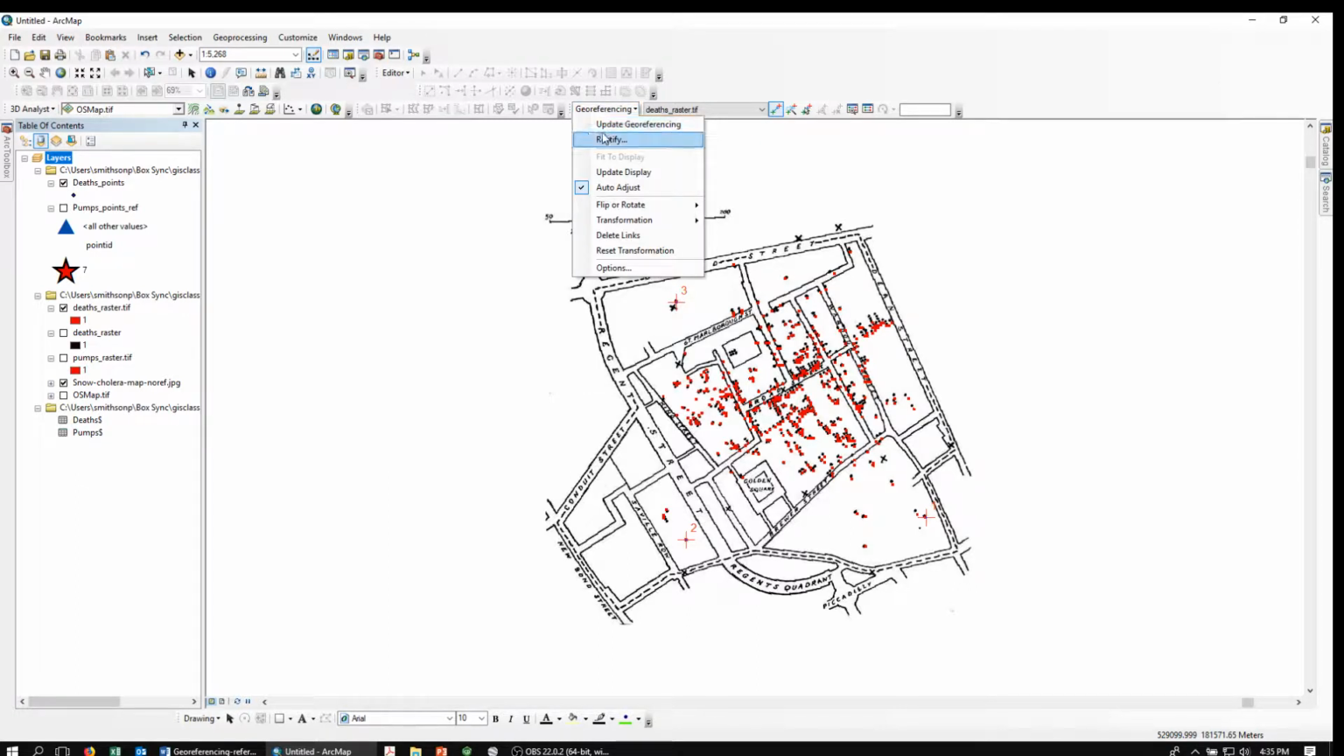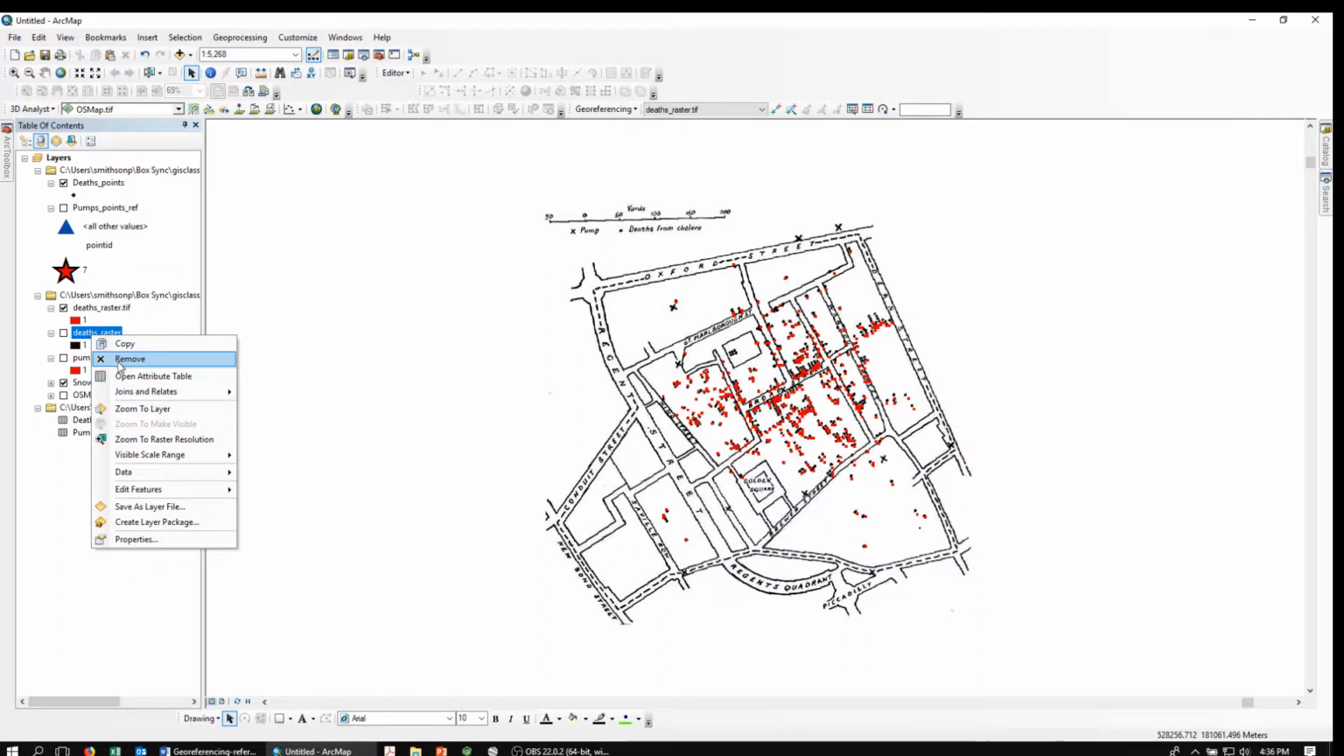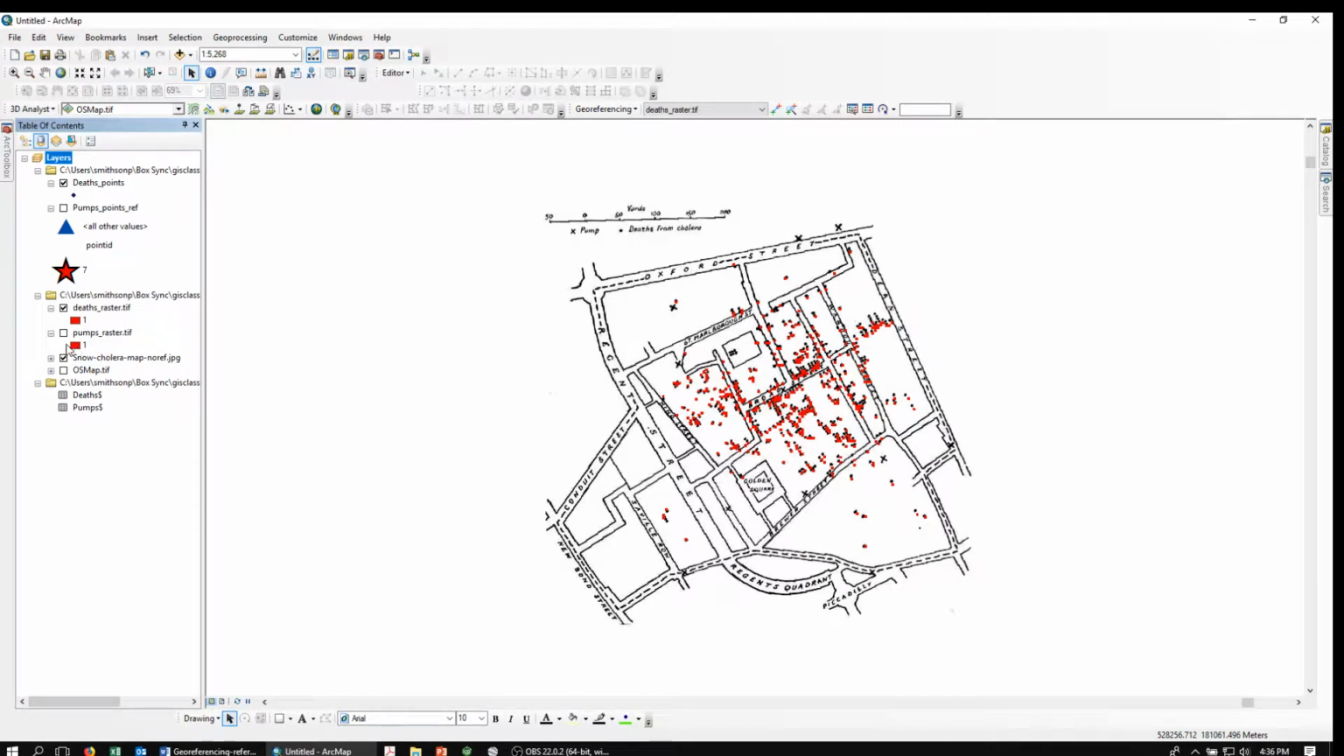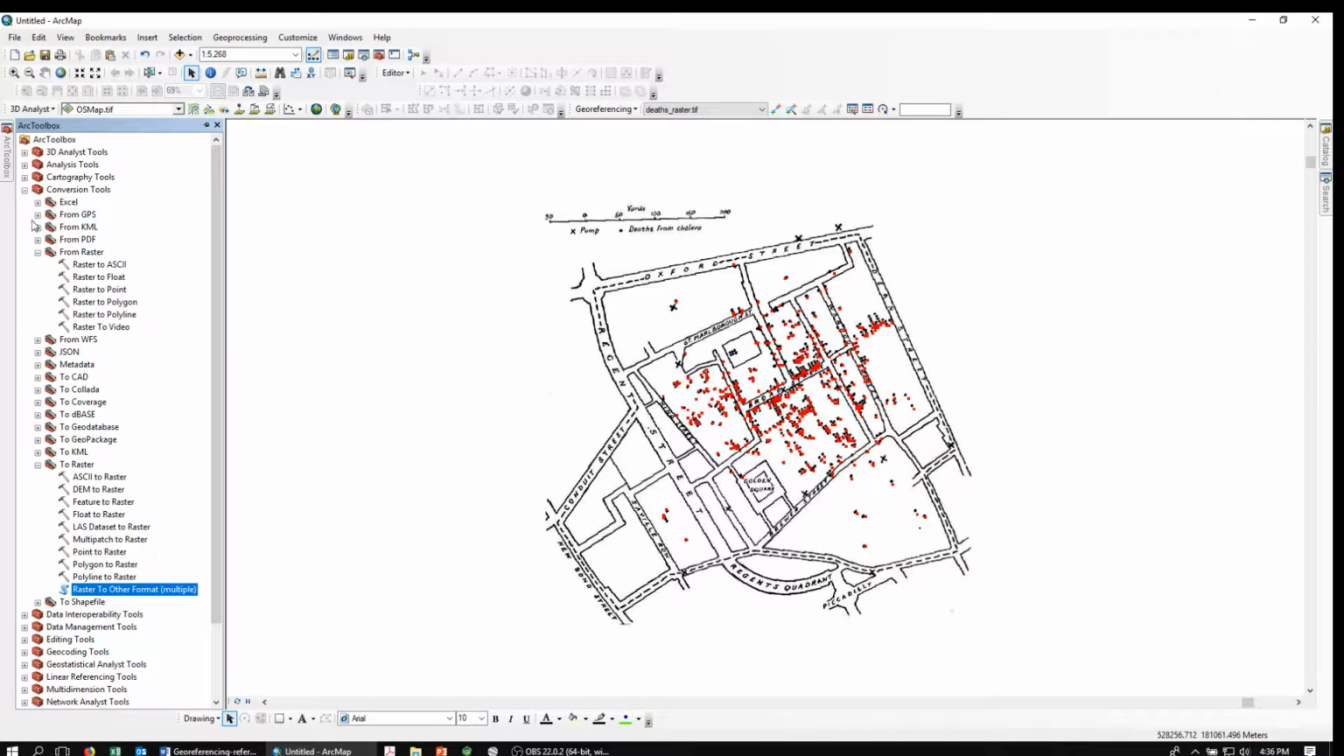So we're going to update the georeferencing, and we'll turn off the control points. And so now we've got a georeferenced raster. I'm going to get rid of that one. Now what we want to do is turn this back into a shapefile. We'll do that. This would be from